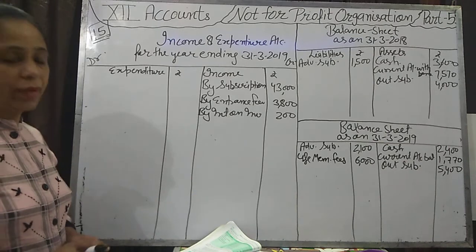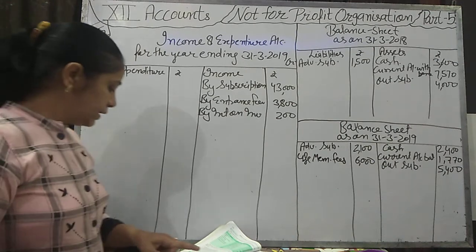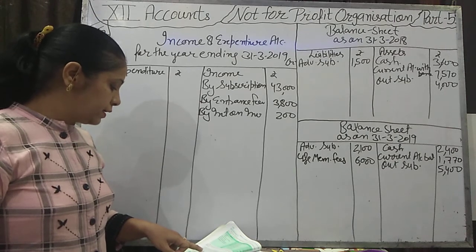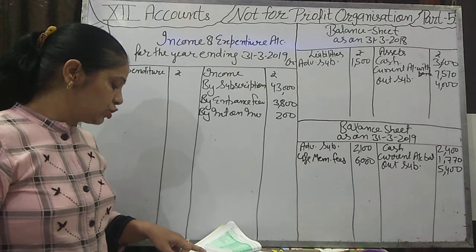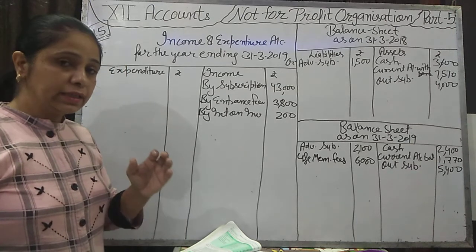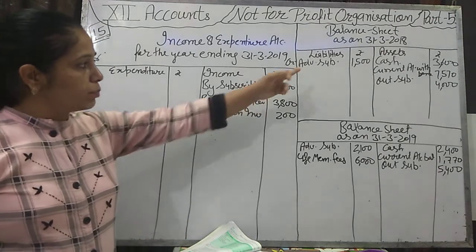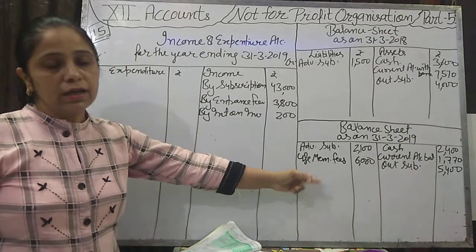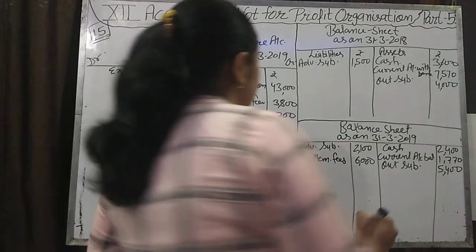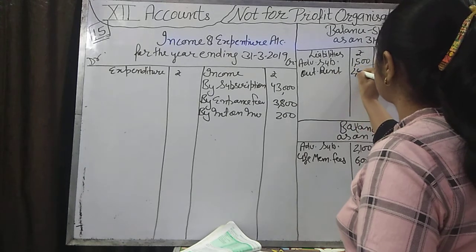Now we will go to the payment side. In the payment side, rent, rate and taxes. In rent, rate and taxes, one adjustment is given on second number. 2-month rent, rupees 2,500 was due both at the beginning and end of the year. It means outstanding rent, due means outstanding. This is the outstanding at the beginning of the year as well as the end of the year. So outstanding rent is our liability, which we will write in the balance sheet. Outstanding rent, it is 2,500.